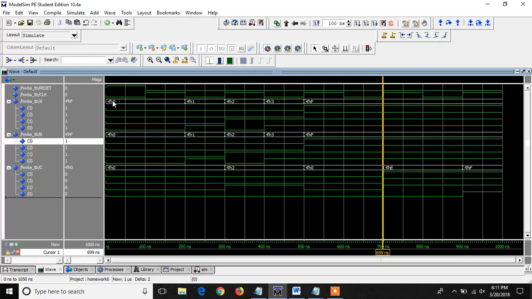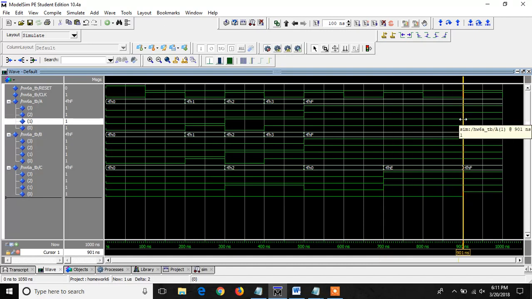So 1111 ORed with 1111 is 1111. And then at the next clock edge, it goes back to 00. So 1111 added with 1111 is all ones. And this basically concludes